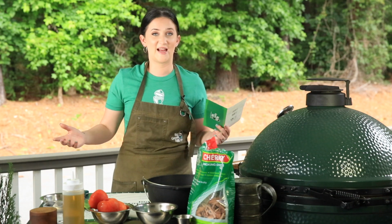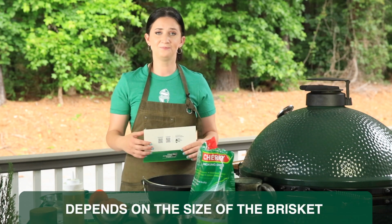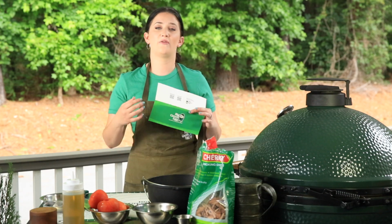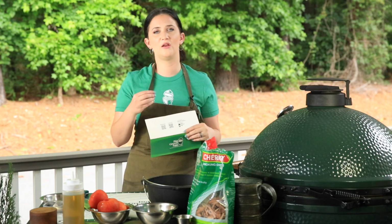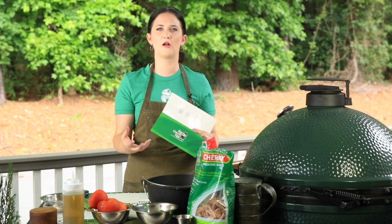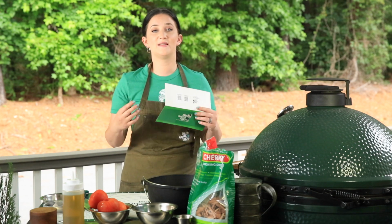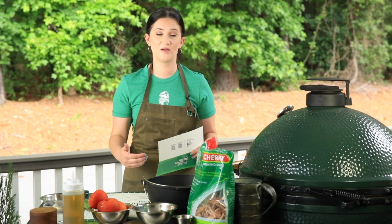Now, this could take anywhere from 8 hours to 18 hours. I've had both happen. The reason why you want to get it to that internal temperature is so that the fat breaks down and kind of goes into all of the meat, and then you get this pull apart, fall apart, delicious brisket. Now, if it does stall at 165 degrees, which is very common, you can wrap